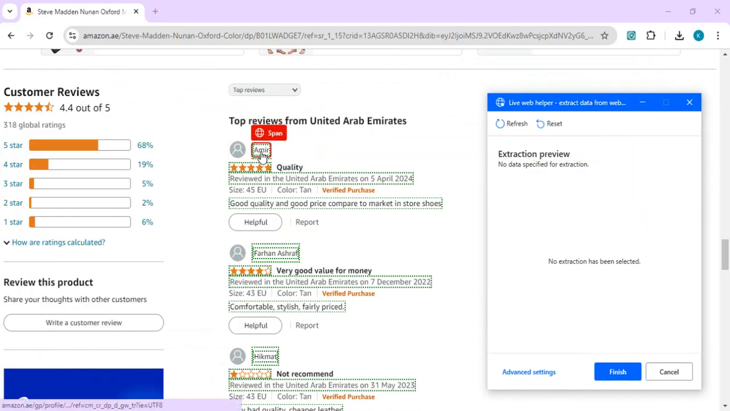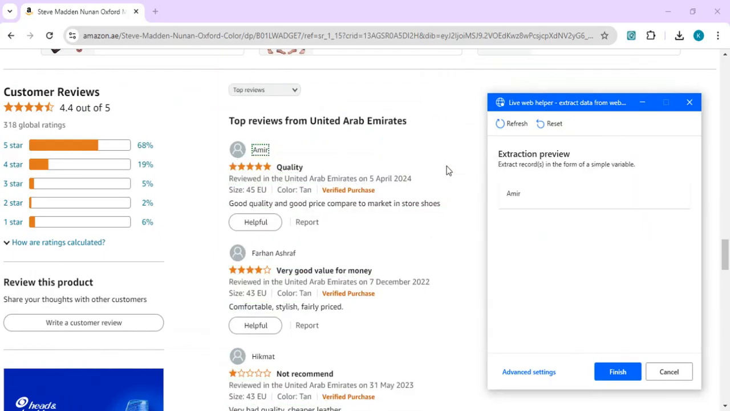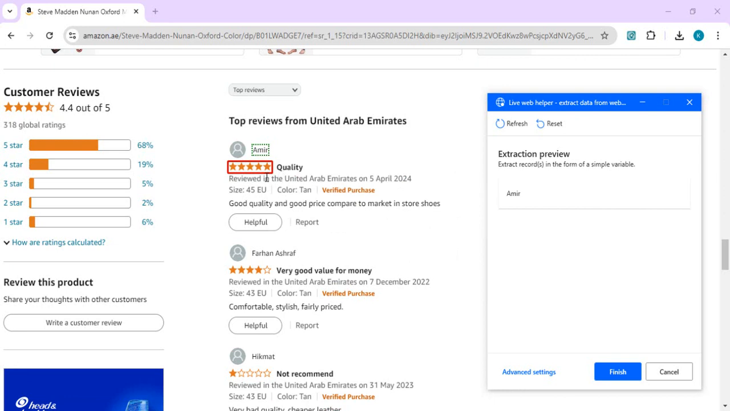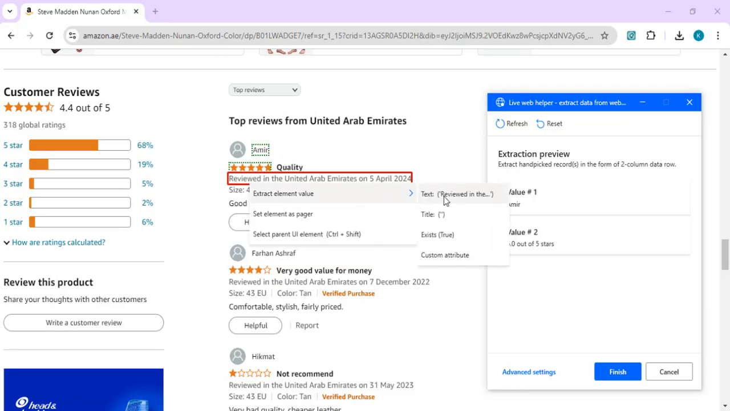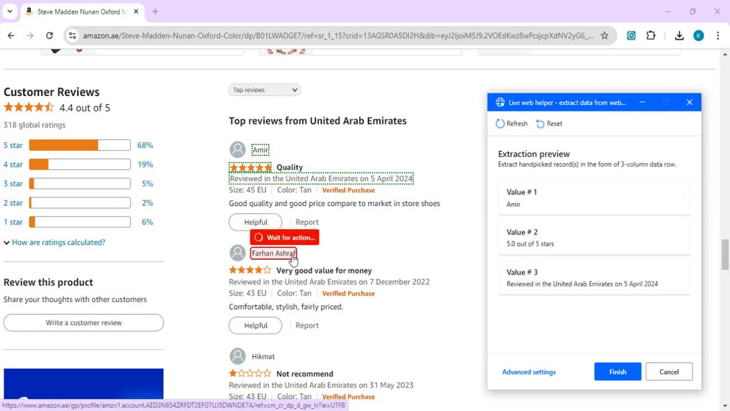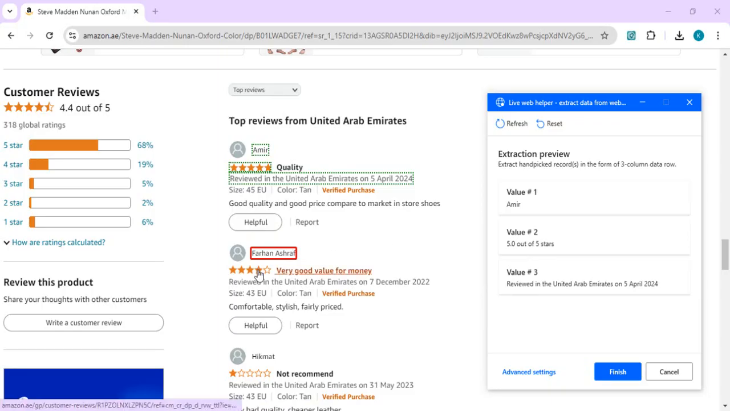So first of all, I need to extract the reviewer name. I'll just say extract text, and then I would try to extract the rating, and I'll just say text, and then the actual comment about it, because we are going to do a sentiment analysis on this comment. So this comment I am again going to extract by right click and then extract element. I'll do this for the second also, so that it can understand that it's a table, not just one input line. I'll do this text extraction again,